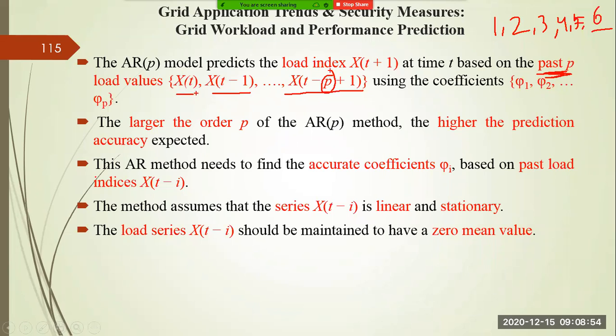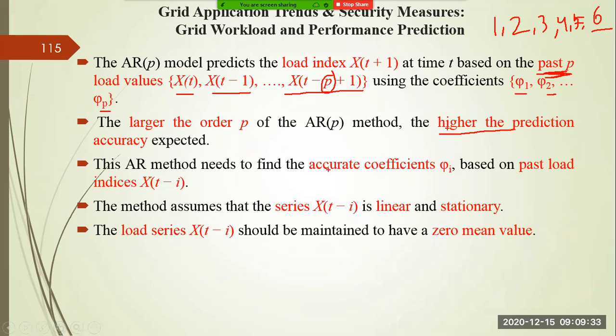And with respect to each and every x(t) value, you have a coefficient. The coefficients are phi1, phi2 up to phi p. If you have a larger value of p, it means you have more data. If more data is there, definitely your prediction will improve. Suppose you have 5 years of data, somebody has 10 years of data. Definitely the 10-year prediction is better than your 5-year prediction. Although it depends upon the technique, based upon the collection of data, prediction will be more accurate.